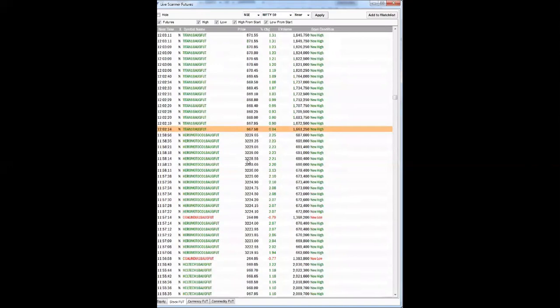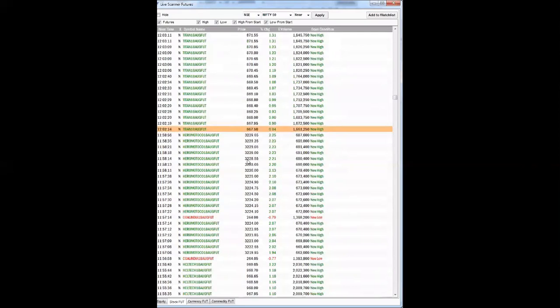Earlier we saw it was falling. Here we see the Titan started rising up, and we can expect that a sudden rise is coming. That is called short covering. A sudden rise is coming, and it can make even 3 to 4% up. Today the Titan was up near about 4.5%. So that is called short covering.